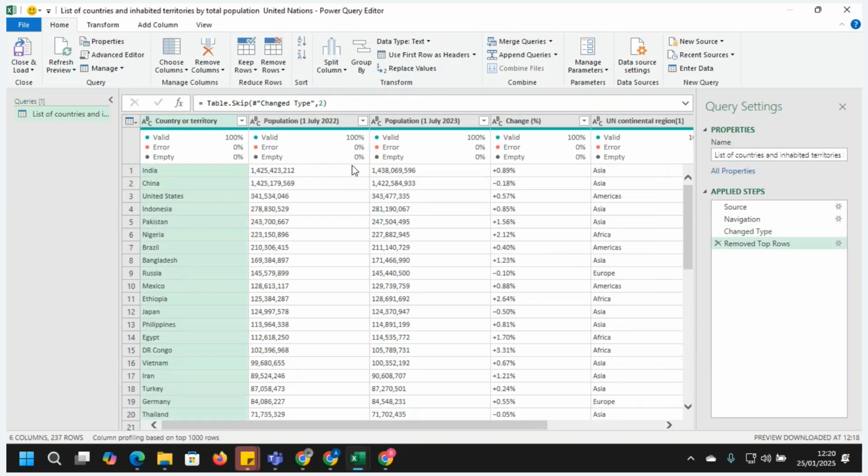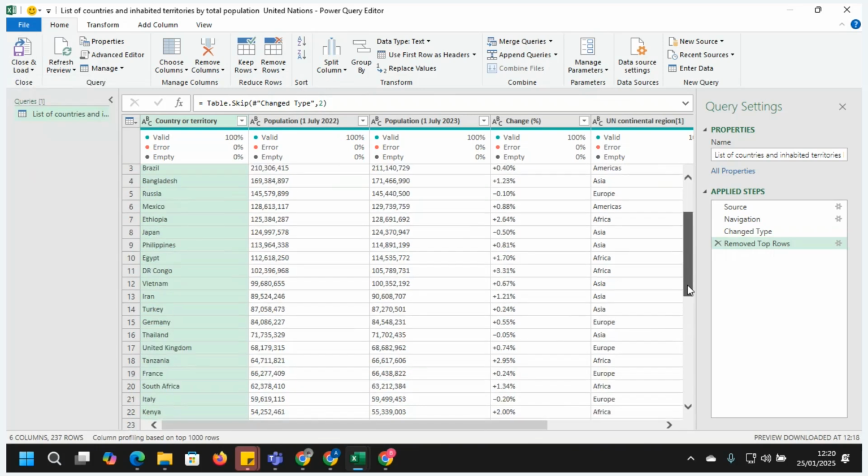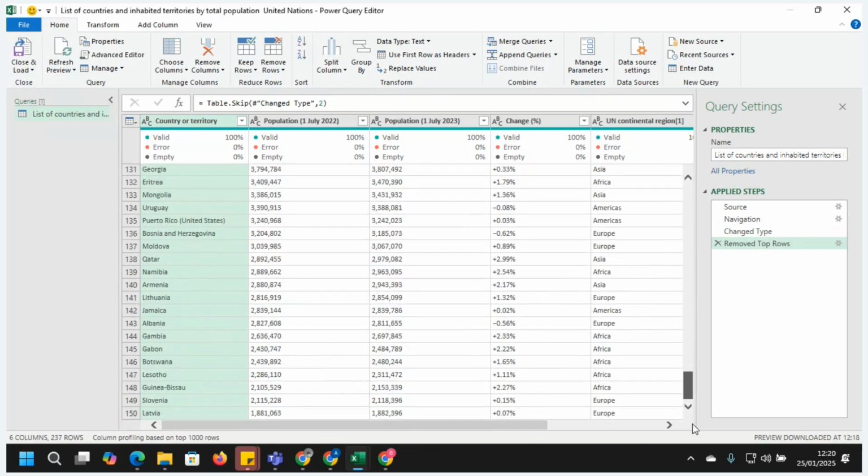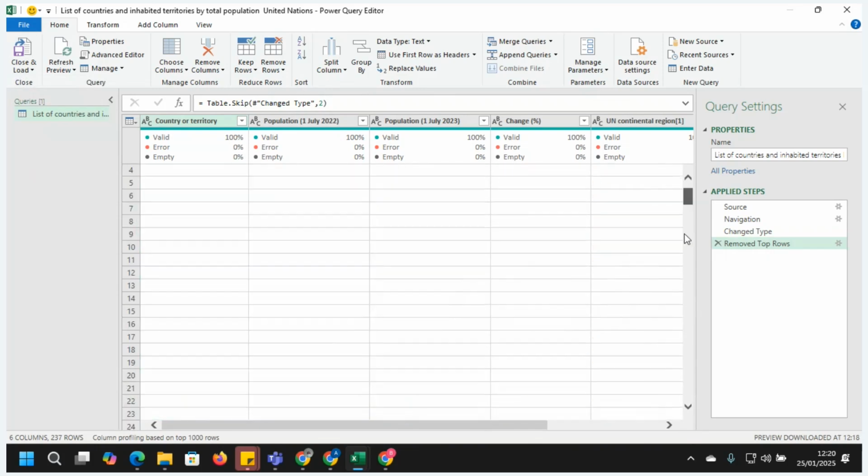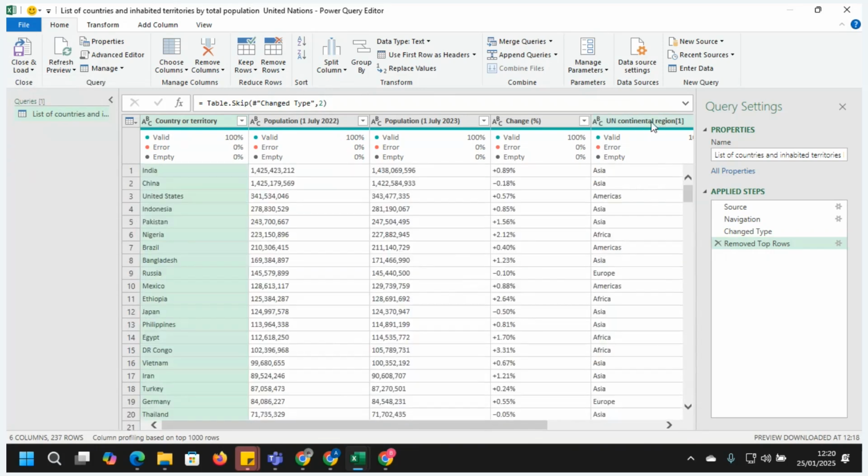Now we can see the analysis. You can just load to connection only, and then start our analysis. Now you can create analysis using the word population, coronavirus, anything you like. Go ahead and continue your analysis with the different regions. That is it with our Excel for today.